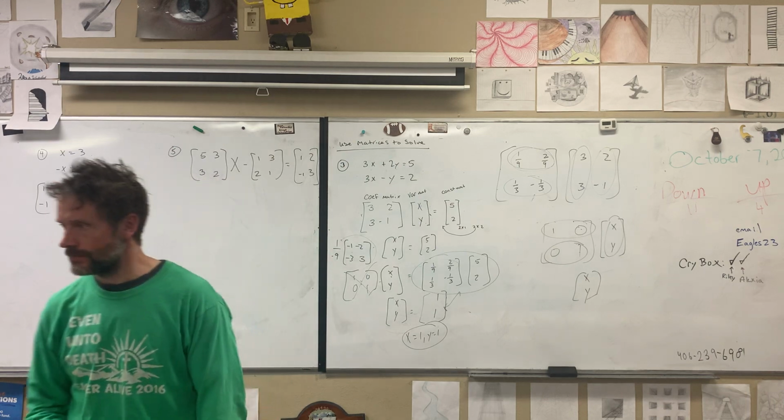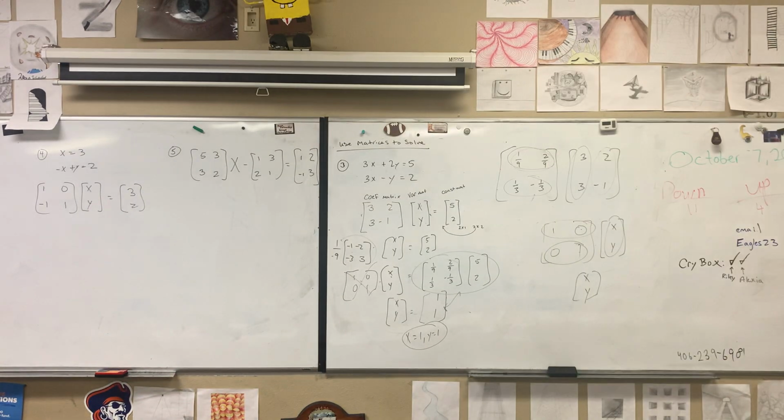Which has more numbers in it? A 1 by infinity matrix or a 2 by infinity matrix? They have the same